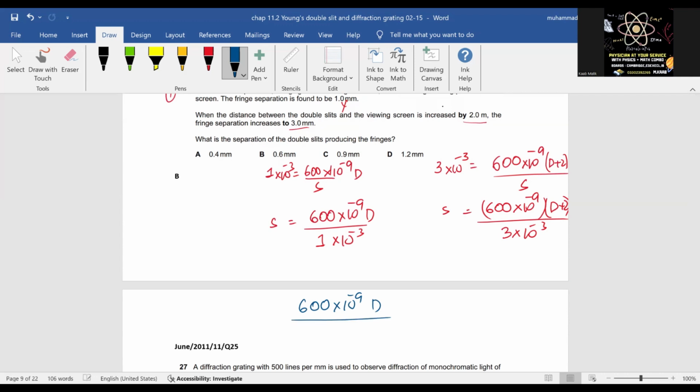सो 600 एक्सपोनेंट -9 टाइम्स D डिवाइडेड बाय 1 एक्सपोनेंट -3 इज इक्वल्स टू 600 एक्सपोनेंट -9 एंड D+2 डिवाइडेड बाय 3 एक्सपोनेंट -3। ये तो पूरा कैंसिल हो जाएगा, और ये 1 जा और ये 3 सा। सो बेसिकली ये सब चीज़ें खत्म हो जाएंगी, ये सिर्फ यहाँ पे 3 बच जाएगा, D, और यहाँ पे 3 बच जाएगा, सिंप्लीफाई होकर रह जाएगा 3D इज इक्वल्स टू D+2। सो D को वहाँ पे लेके जाओगे तो हो जाएगा 2D, तो D1 आ रहा है।